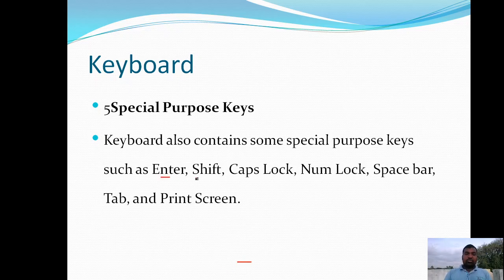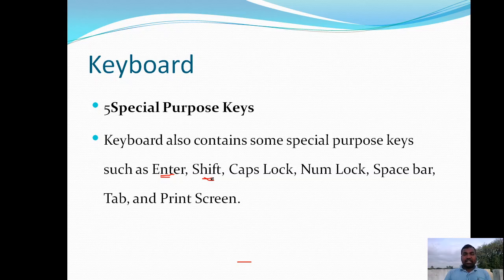Generally we use the enter key to accept commands, to give acceptance or rejection of any commands, to move to the next line in applications or windows, and to move to the next operation.